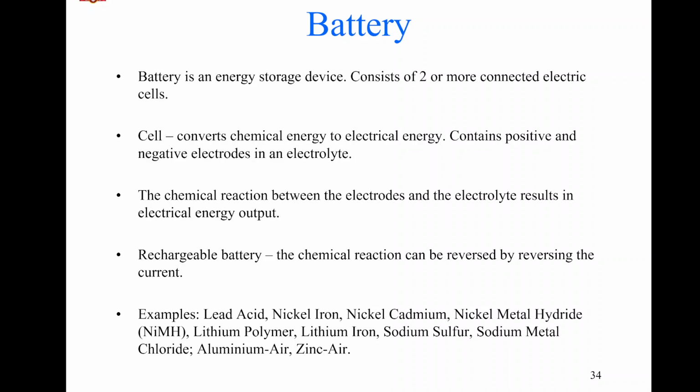All right, so a battery is an energy storage device. To make a battery, we need one or more than one cell, of course. And the cells are connected in different configurations, that is, in series and in parallel. When we connect the cells in series,